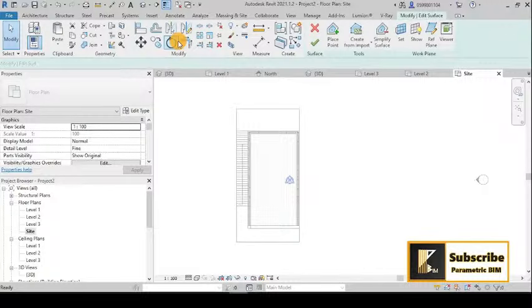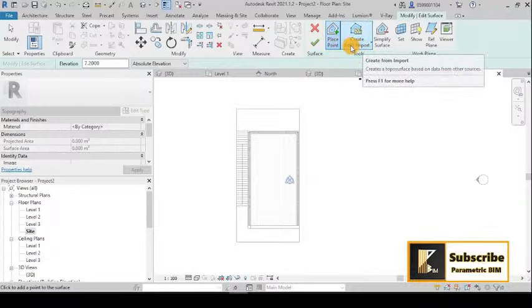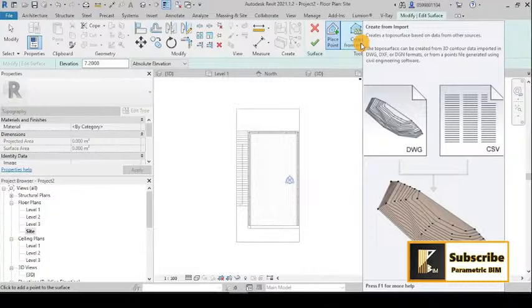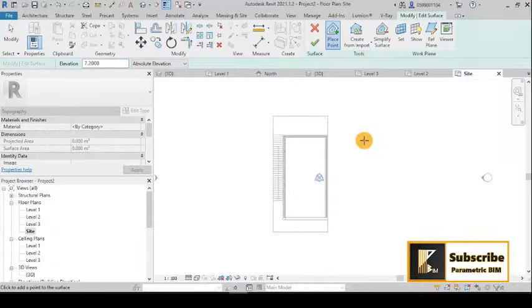So I will now choose the place point, and in next videos maybe we can also show how we can import the DWG that came from surveyors, and we can convert it to a toposurface. But in this tutorial I will place points and then show you how you can modify these points